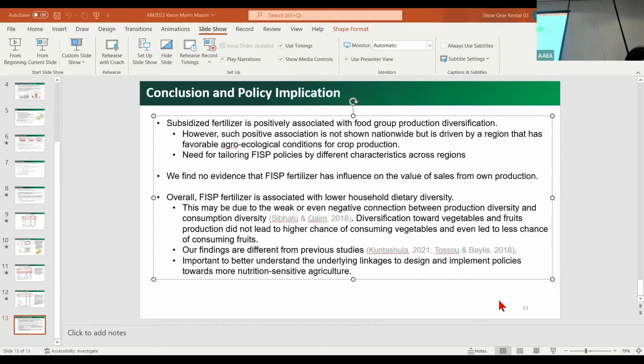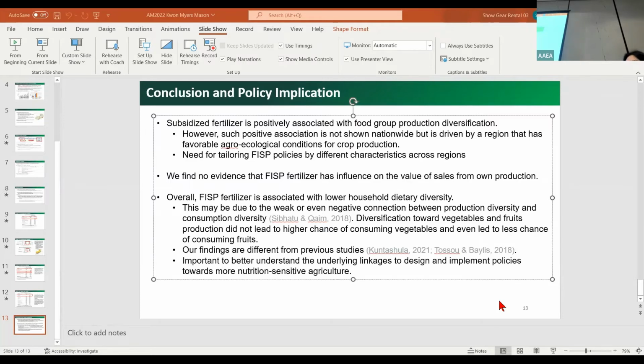If you look at the difference between the physical FISP versus the e-FISP, because honestly, when we found the dietary diversity impact, it was specifically looking at e-FISP versus the traditional FISP. Yeah, right. So what we did here is use two waves of panel, 2015 and 2019. 2015 is when the traditional FISP was going on, and 2019 is just when the electronic voucher FISP was introduced. But we have data limitations, so we could not have this exact variable.